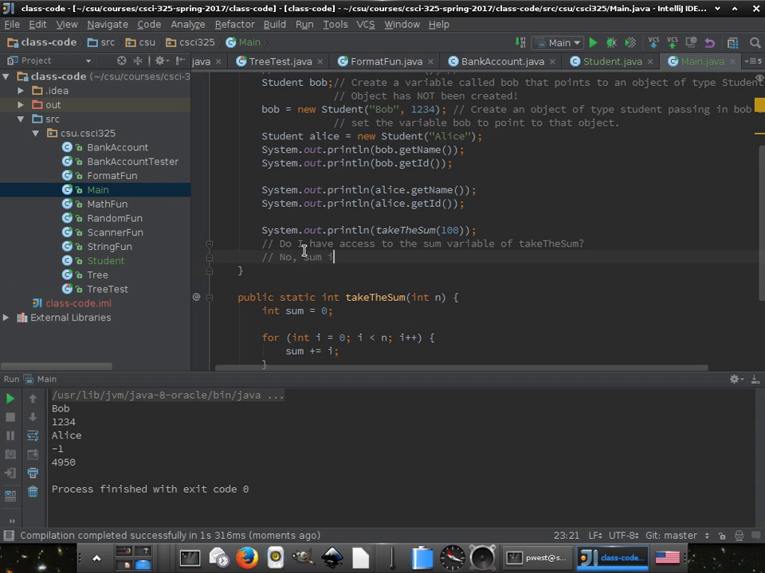No, sum is not in scope. So this is what the book calls local scope. What it's saying is that the variable sum is only available in the take the sum function. Why is that? Because that's where you declared it. When you were using the memory, remember I was talking about static, stack, and heap? That variable is declared on the